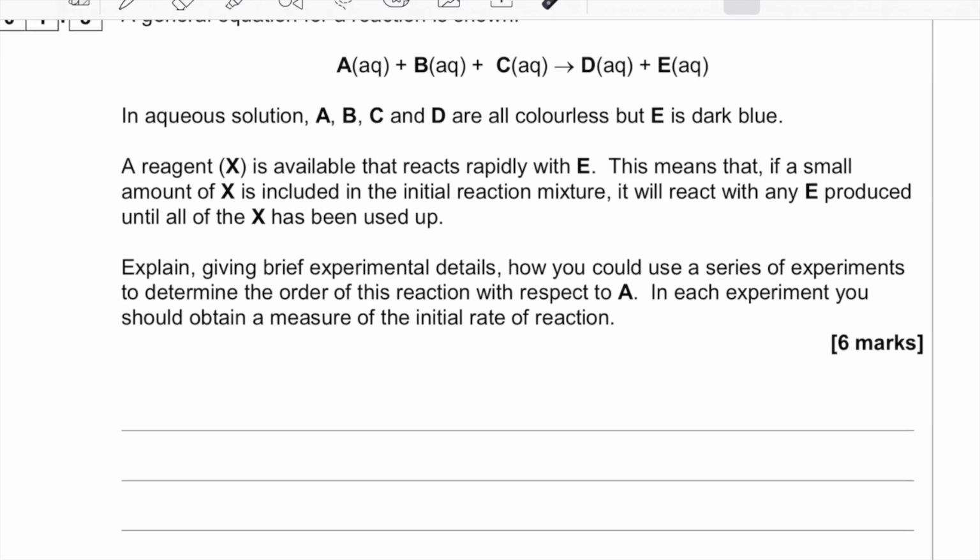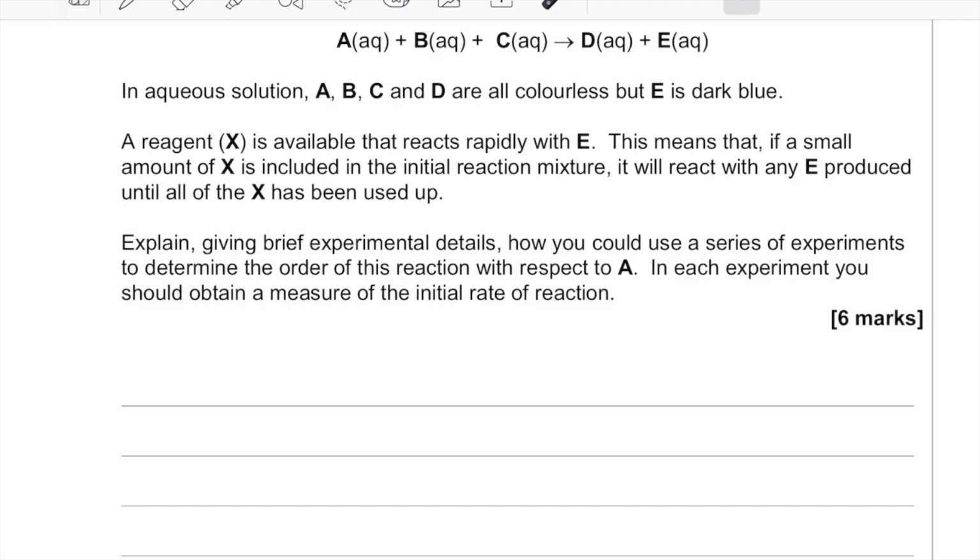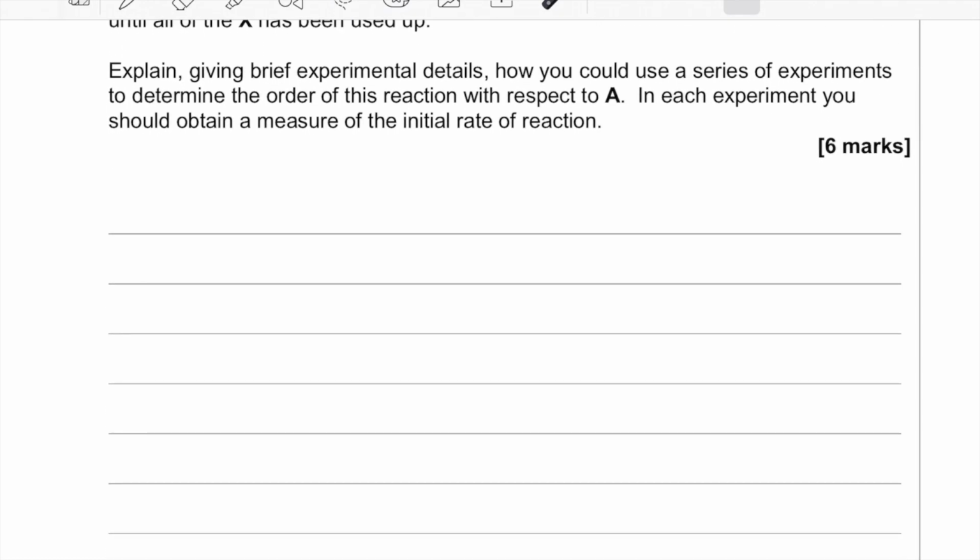So whenever you're giving a method, I suggest you always use bullet points or numbers. I think that provides you with a sense of structure. It reminds you that you're giving a method, and I think it reduces waffle. So we've got quite a lot of things to add. So probably what we should add is everything bar A, and then we start the reaction, or we start the timer, once we add A. So if we go through our method,